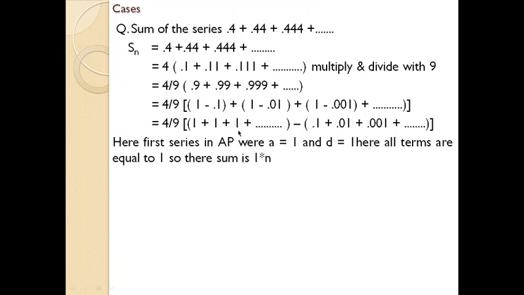Here in this situation, this one relates to arithmetic progression and this one relates to geometry progression. So the first series is in arithmetic progression where A is 1, we all know, D is also 1. Here all the terms are equal to 1, so the sum is 1 into n. We dealt with the same in the previous session where in between the numbers there was only a minus sign, here it is a plus sign. So whenever you get a series like this, if it is minus, just minus 1 into n. If it is plus, just 1 into n.